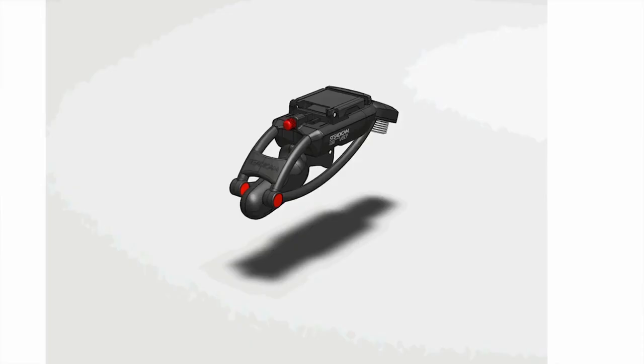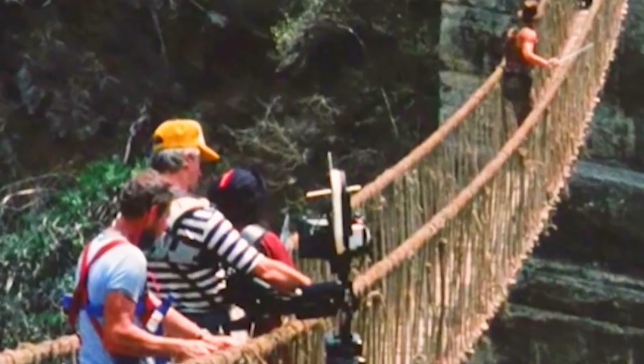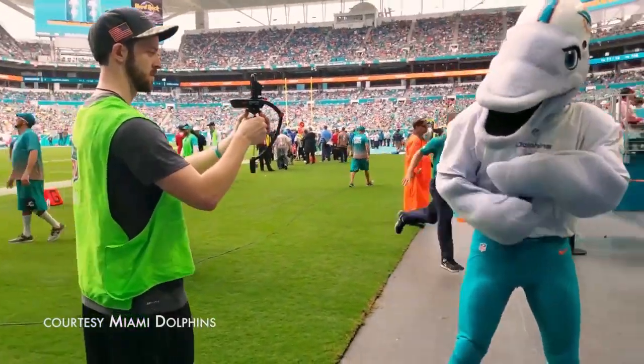Two years ago, we asked our engineers at Steadicam headquarters in Burbank to create the best in Hollywood for the last 40 years and coupled it with Steve Wagner's genius software design. And by partnering with aerial drone manufacturer Unique, it allowed us to create the Steadicam Volt, the best electronic handheld